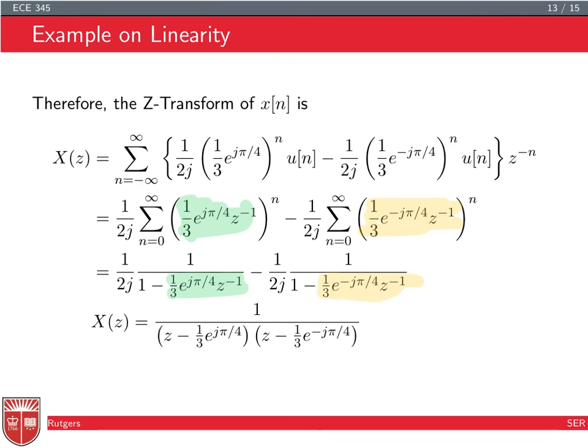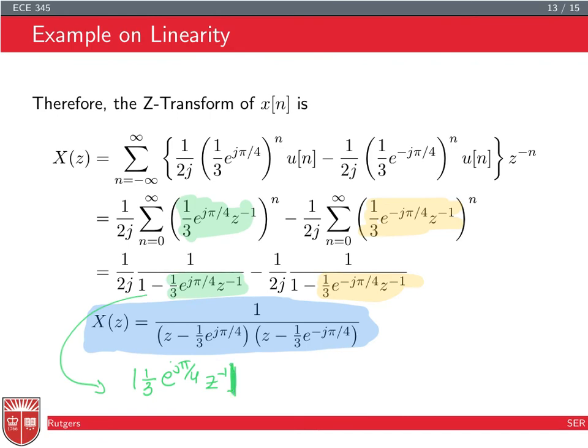So again, I'm just applying the geometric series formula and Euler's formula. And then if you do a little bit of calculation, you get the nice formula of the z-transform of this sine-based signal. And of course, this is not the end because we need to specify the ROC. And the ROC of the green summation here is the norm of 1/3 e^(j pi/4) z^(-1)